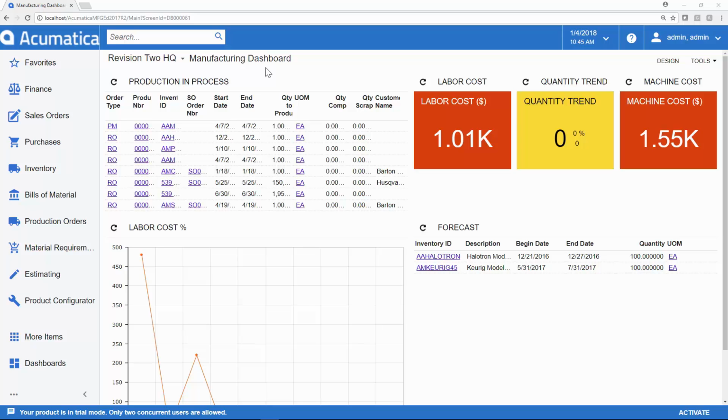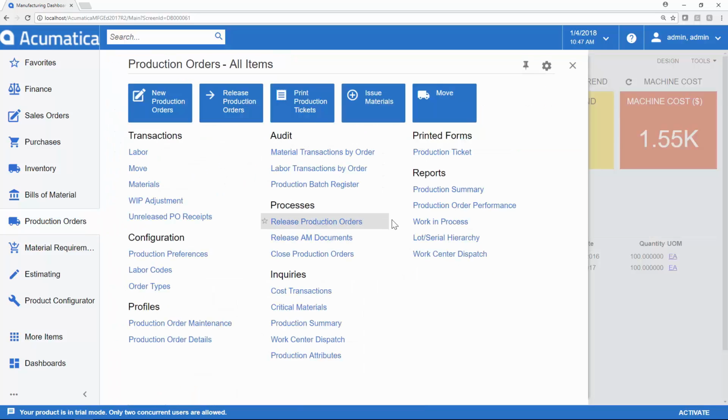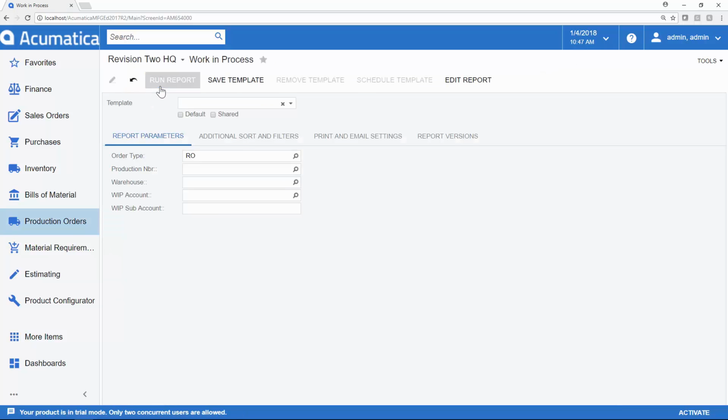Acumatica users have dashboards that are specific to their role. Someone working on the shop floor or managing the production process would have a dashboard that looks something like this, where they can keep an eye on production in process, labor costs, machine costs, and a variety of other items that are of interest to them. There are also hundreds of reports available throughout the system. For example, if you are looking for a production summary or work in process, you could very easily run that